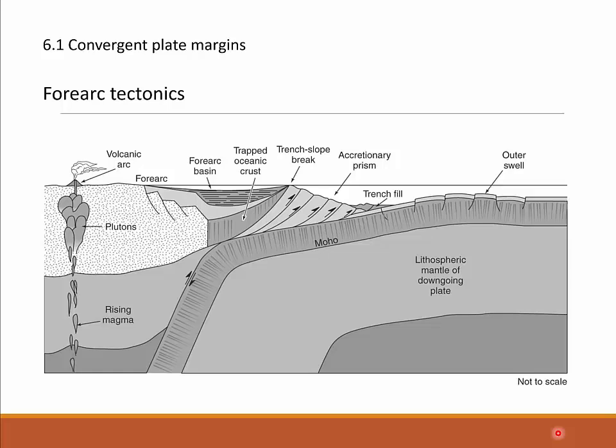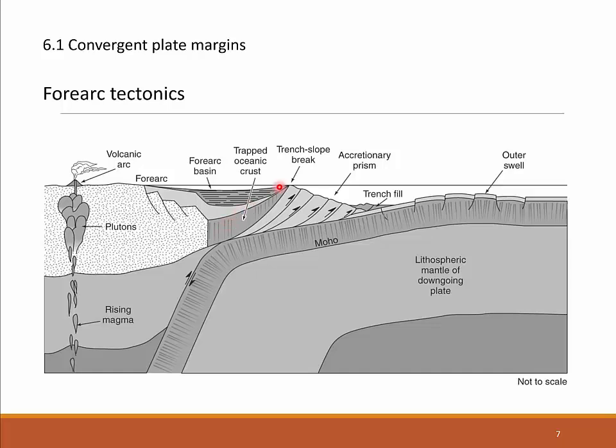Here we see in more detail the parts and features that commonly form along active plate margins. In this case, this is a continental plate margin. We see a number of different features. We see the oceanic lithosphere starts to get segmented into horst and graben structures here in the outer swell. We see the oceanic trench, which often contains significant amounts of young sediments. We see here an area that is called the accretionary prism, and we find here a forearc basin that might